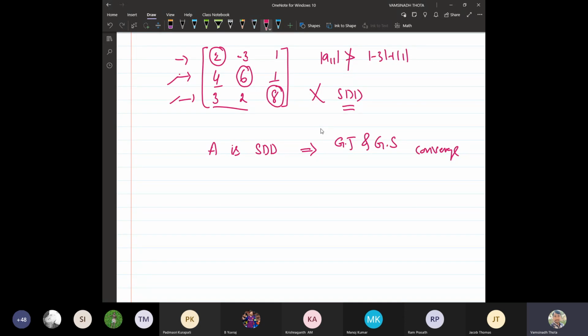Okay. Now, what about the converse? Can we say the converse will hold? No, we cannot say that. Suppose the Gauss-Jacobi method and the Gauss-Seidel method sequence of approximate solutions is converging to the unique solution, then we cannot say that the coefficient matrix will be strictly diagonally dominant. Why? Because